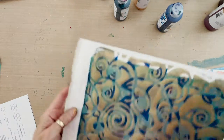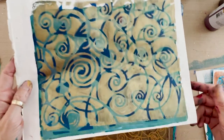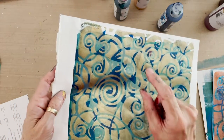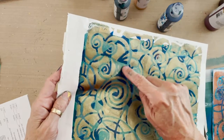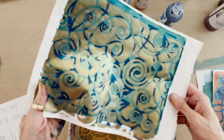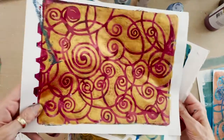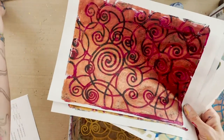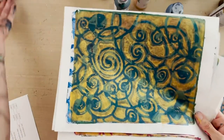So here we have a really nice combination of the leaves geometric stencil underneath in two-tone that were pretty high contrast. This is real dark compared to the metallic green, which is much lighter, and then the bronze over the top. So I really like the way that one looks as well. So we've got the greens, the golds, the coppers, the out of register gold, which is watery and pretty looking,